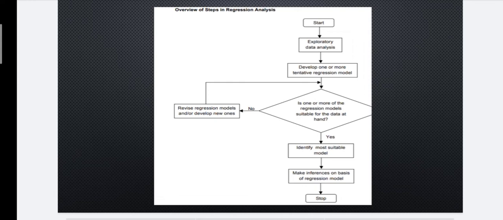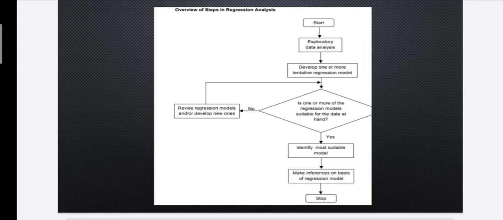So first of all, once we are collecting the data, let's say sekarang data dah ada, dah collect data. Sebelum tu mestilah kena ada cara nak collect data, kena ada buat sampling, kena ada data collection method and so on. So when we have the data, we need first of all explore the data analysis. What type of analysis that can we do with this data contohnya. So untuk nak gunakan regression analysis, first of all, once we determine that this data suitable for regression analysis,